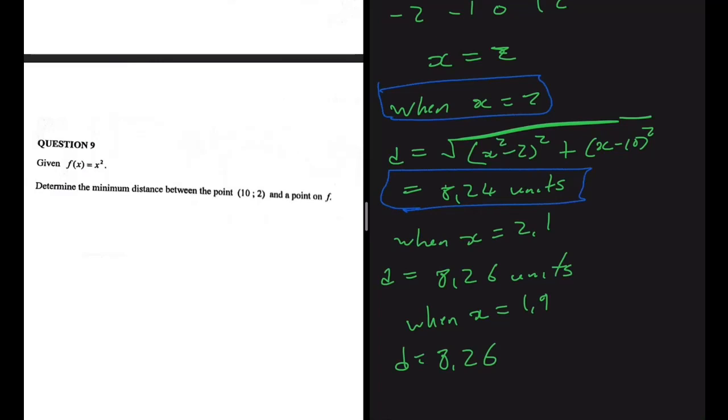So what you can do if you want to verify this, you can take any other value of x, and then you substitute it in the equation for the distance and see if you get any number that is less than